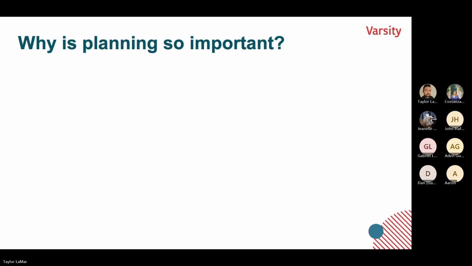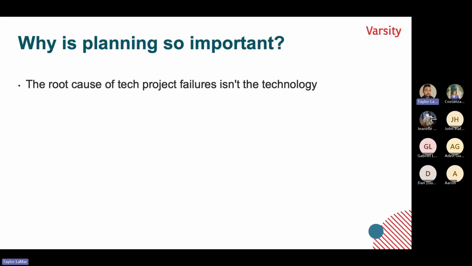Now, when we talk about tech planning, it's a pretty simple concept. I think everyone here will do planning to some degree, right? There's some project that you start, you don't just go into it. We all plan because it's important, right? But how important is it? Why is it so important? Well,